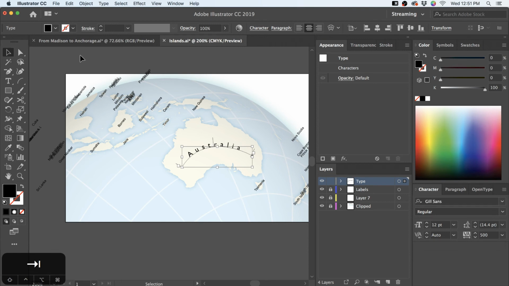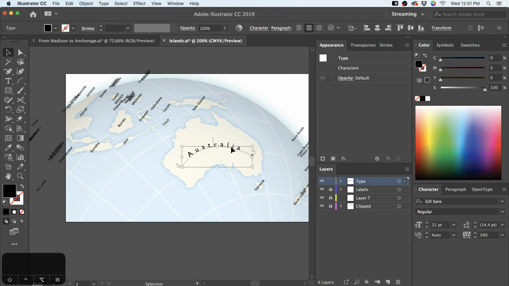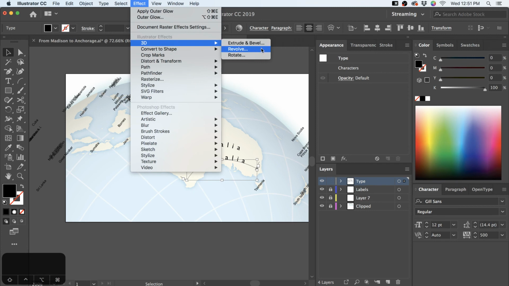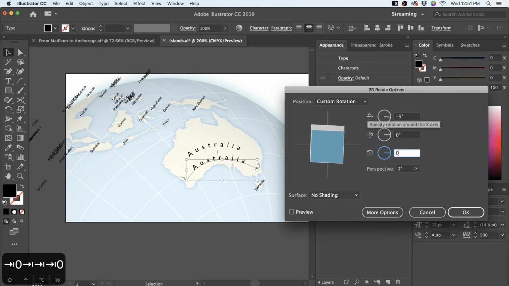Okay, great. So there's Australia. And that looks fine, but one thing I'd like to play around with, I'm going to make a little copy here, is to do 3D rotations of the label. So let's just push this thing back a little bit, like, yeah, there we go.